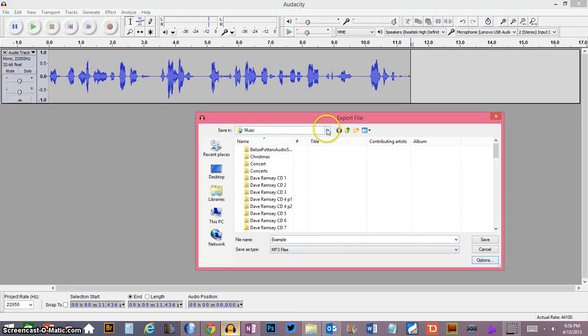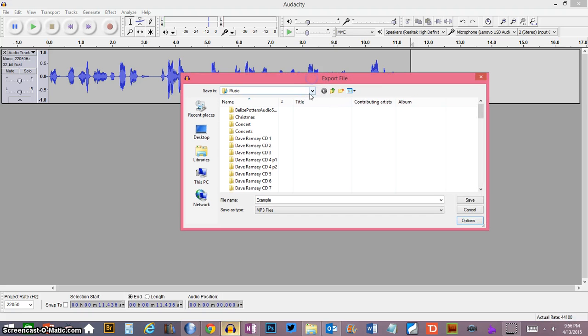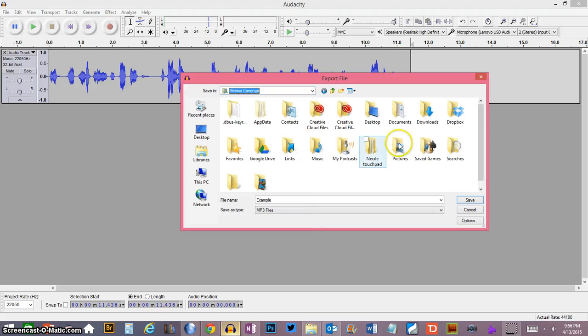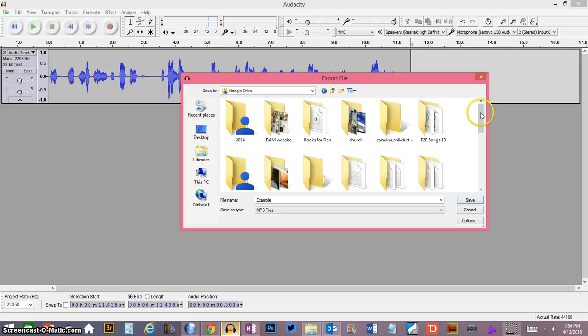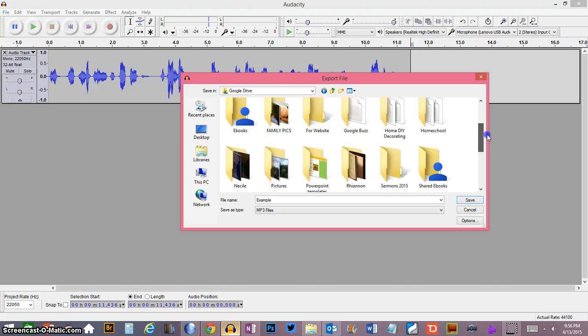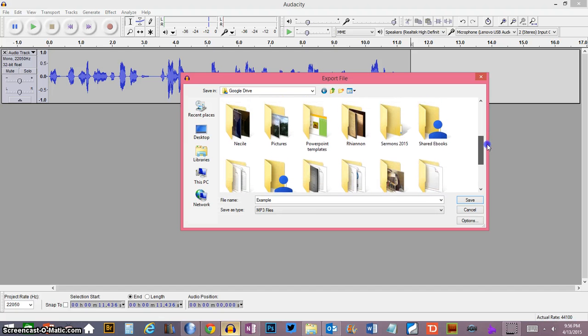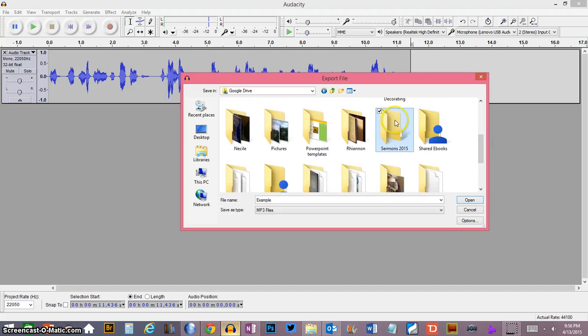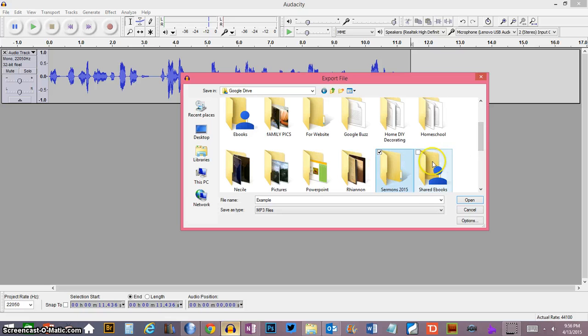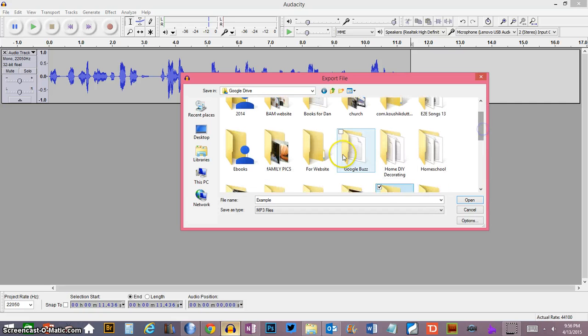And then here, this is important, because of where you're going to export the file to. Make sure you export the file to your Google Drive and to the folder that you want. I have all these because this is my personal Google Drive, right? But if you want to save it just so you have it online, go to Sermons 2015. You should save all your sermons there so you have them backed up. But if you know for sure this sermon has to go on the website,